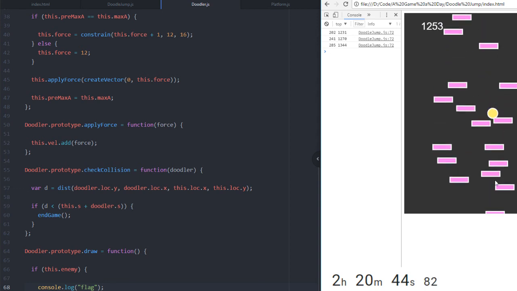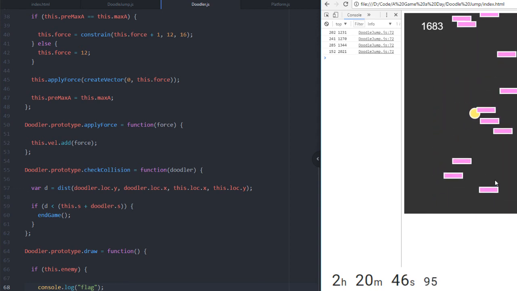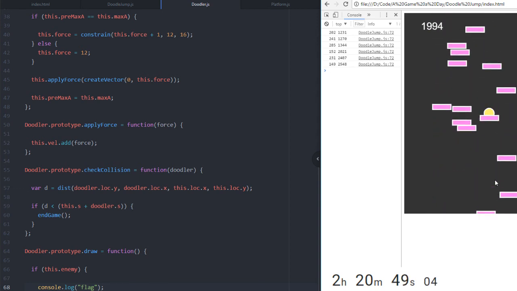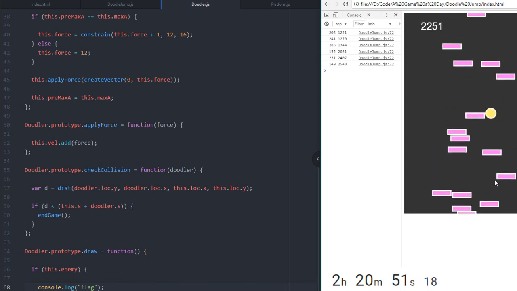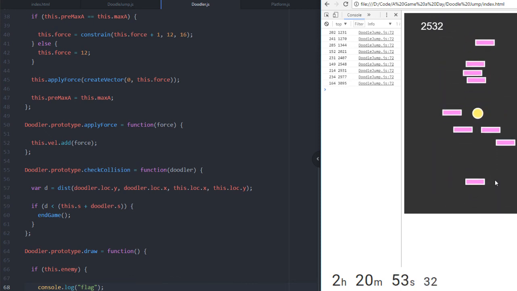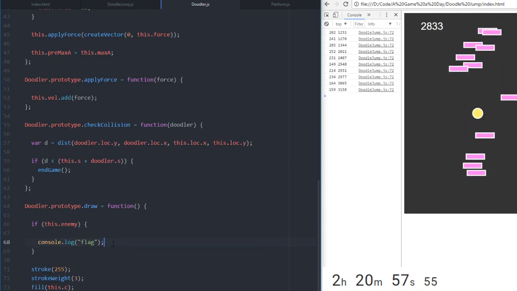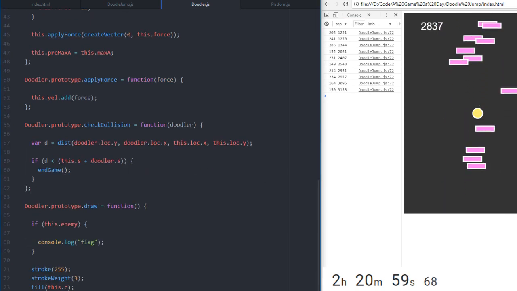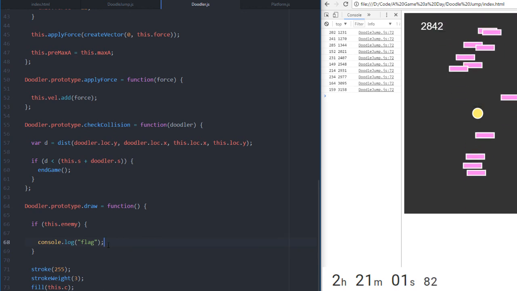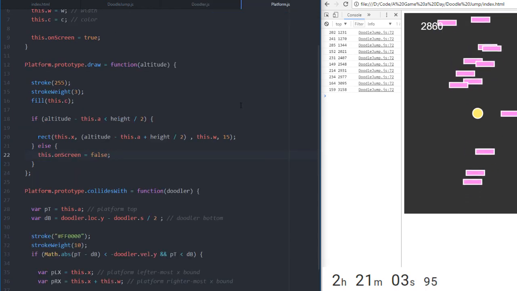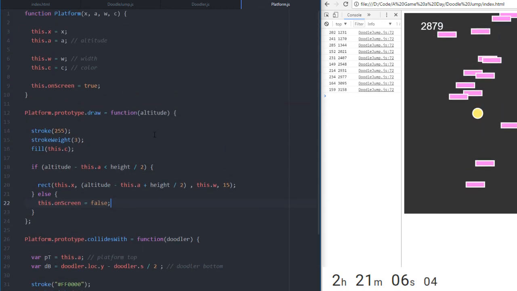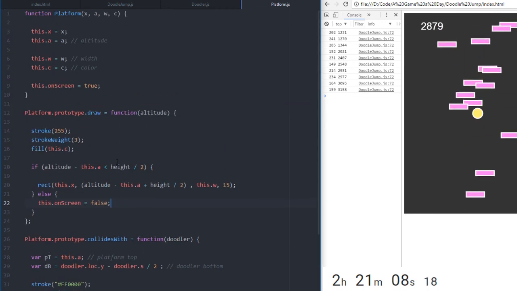So we aren't yet flagging. We have never flagged. If it's an enemy, here,